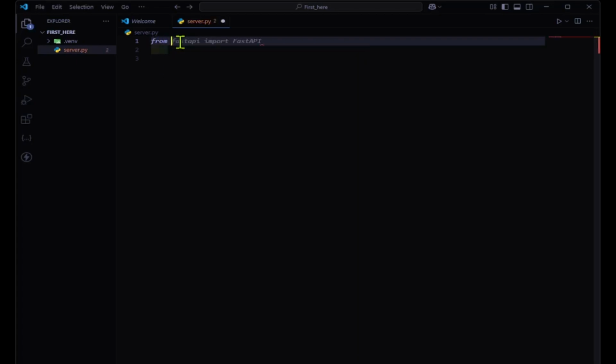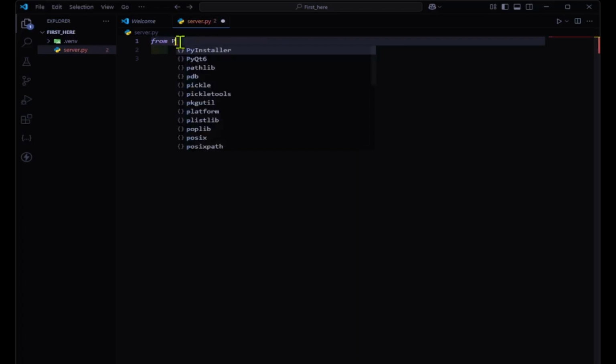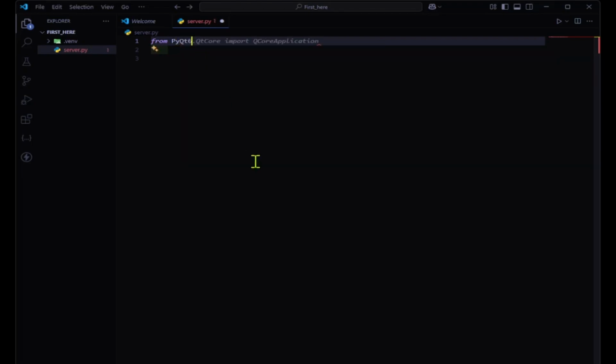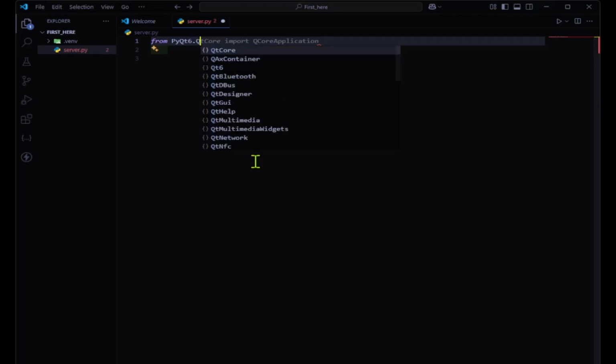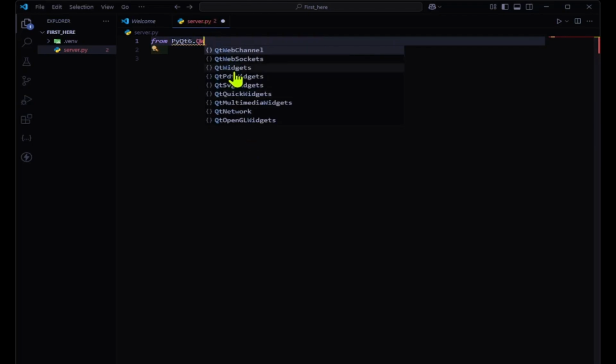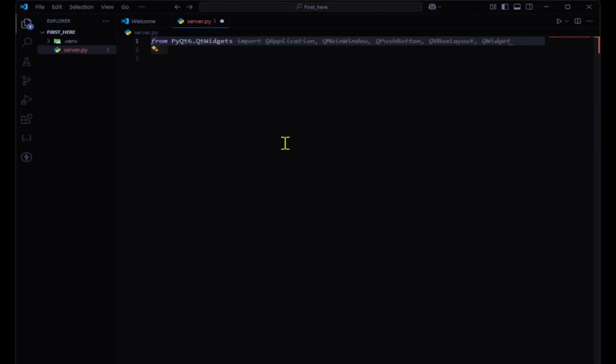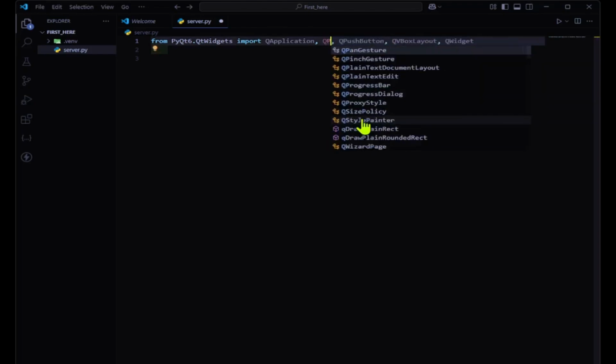From PyQt6.QtWidgets, import QApplication, QPushButton,